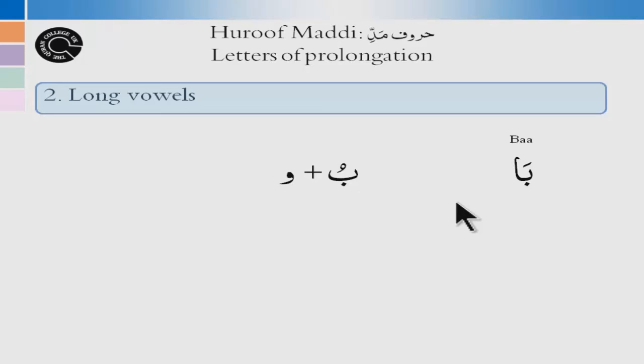You would see it like this, boo. And similarly, when a letter with a kasra is joined to a corresponding letter ya, that will stretch the sound of the b to bee, and you would see it in text like this. Because these alif, waw, and ya combinations with these vibrations stretch the sound of an alphabet,